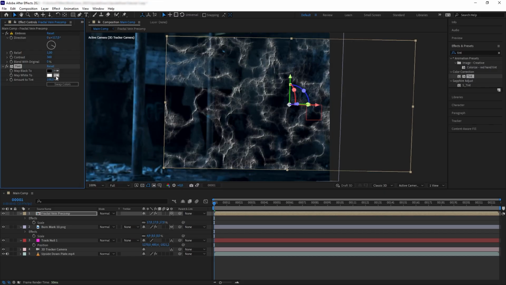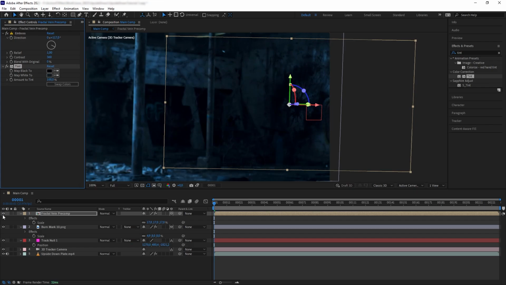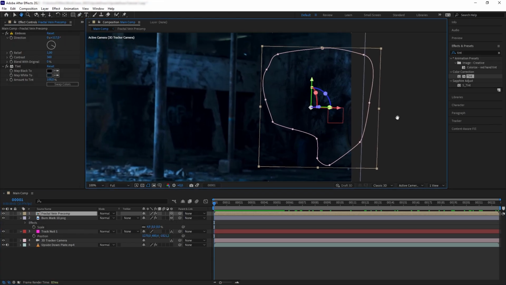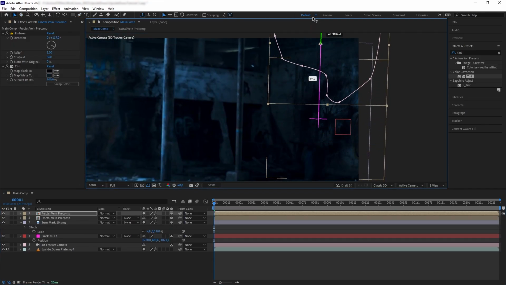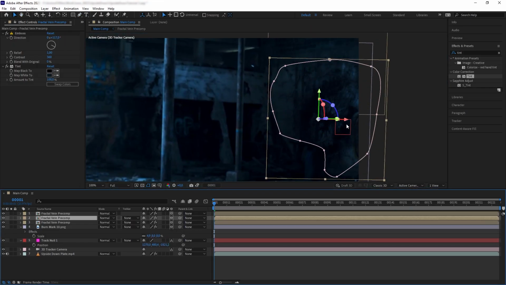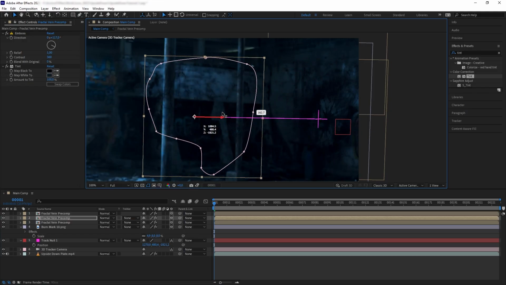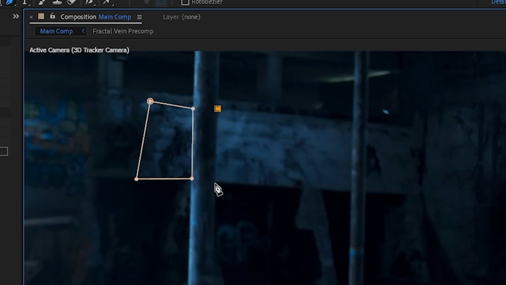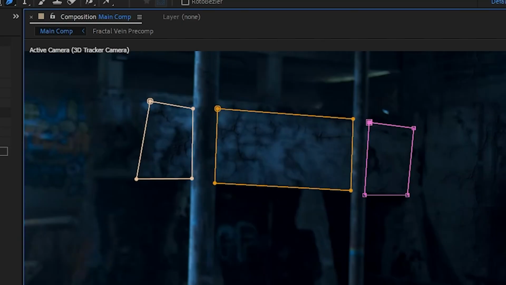And for the brightness, we want to set it to a brighter color in the scene. There we go. So now it looks a bit more bonded into the wall. And then I want to create a mask surrounding our vein here. And then if you want, you can duplicate this to populate the scene a little bit more. Maybe create this one here for the wall on this side. And then we want to redo the mask to make it fill that wall area.